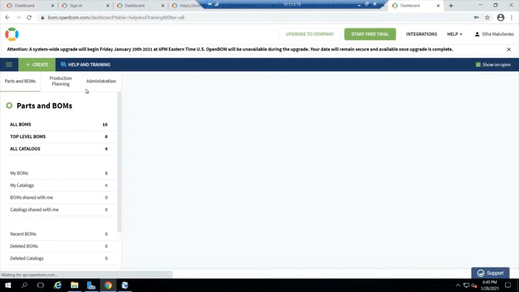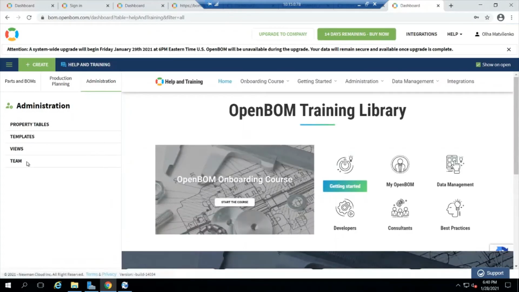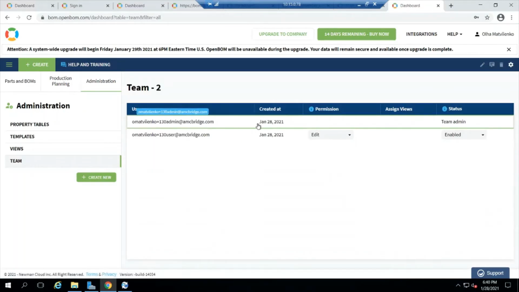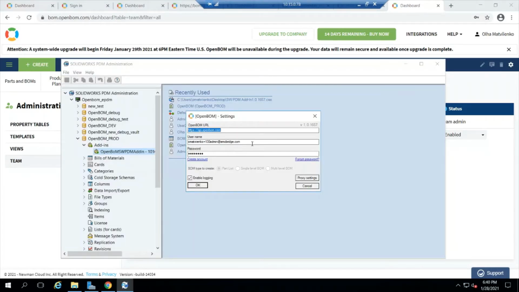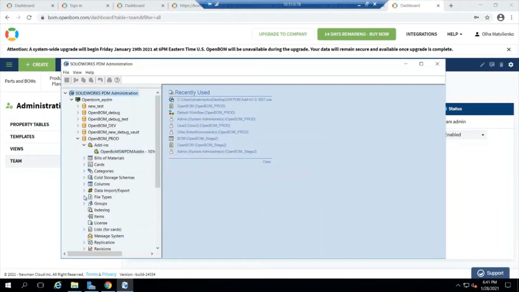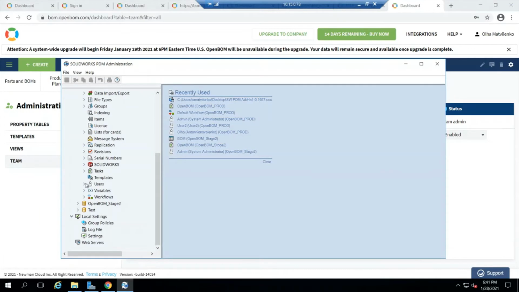and I'm going to confirm that I have a user on my team that will be used by the SOLIDWORKS PDM system, and there it is. So I'm the admin. I have a user called 130user. Very good. Okay, so let's return back to the SOLIDWORKS add-in configuration and be sure that I'm using the 130admin there. I have it. Go ahead and click OK, and then finally go to the